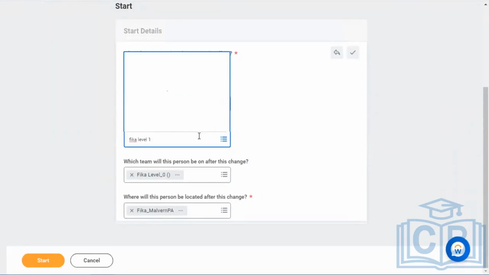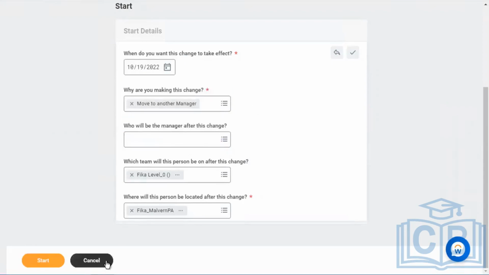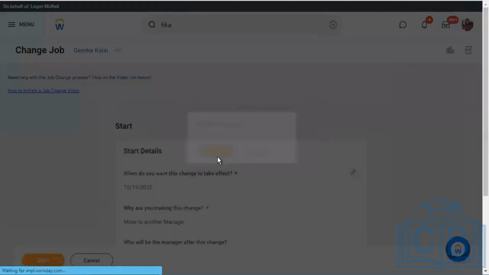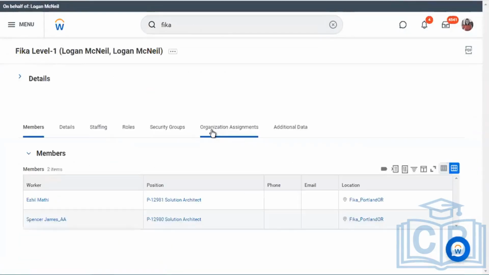I haven't assigned any manager, but you have to assign someone as a manager there, and once you have it, you can initiate this process. Move workers is not something that I was stuck with for almost an hour.